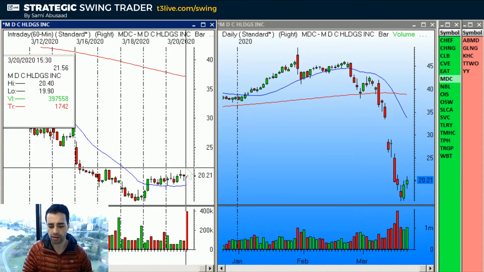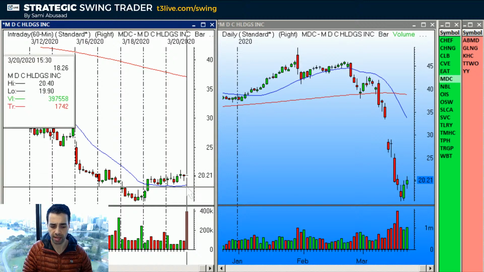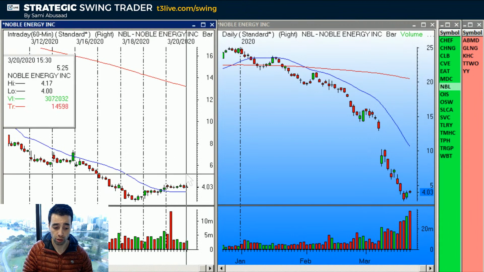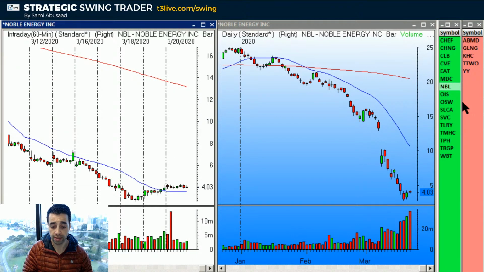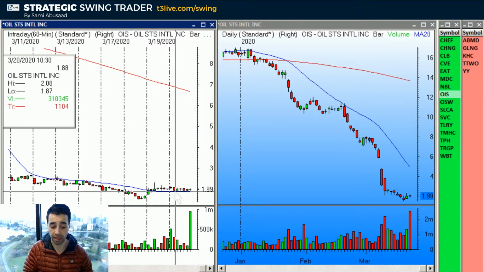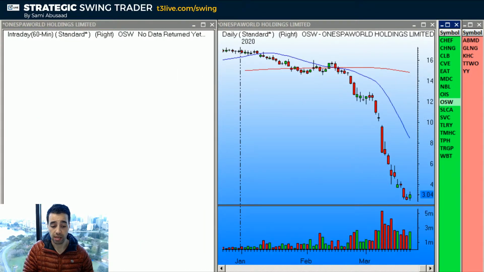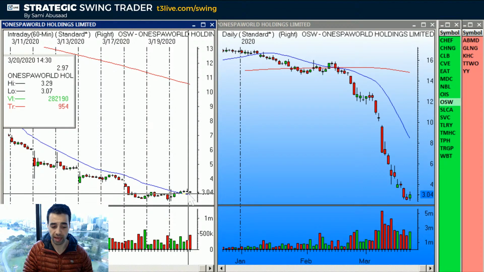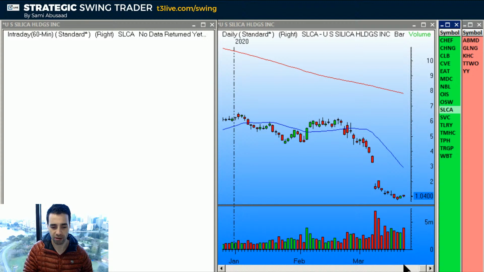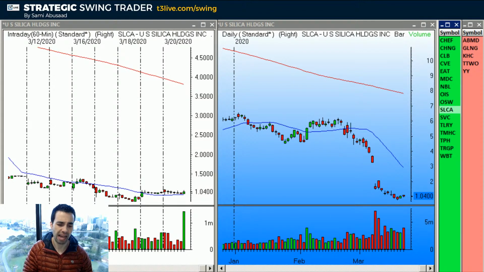Transition on the hourly. So entry over the base, stop below it. NBL is an oil long over the base, stop below it. OIS looks better over the base, stop below it. Same thing. OSW over the base, stop below it. You get the point. Silica or SLCA is actually better than the last few that I showed you because this